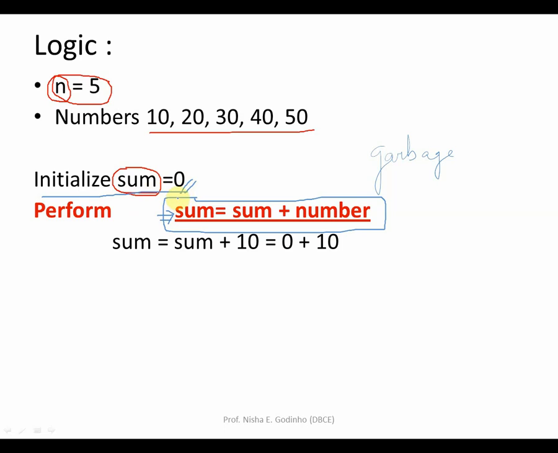We cannot put any other value, like we cannot put a 1, a 2 or a 3, because if we do that, since this sum variable is doing addition, you will get a wrong result or a wrong answer. If you initially put 1 over here, it will be 1 plus the actual value, so it will be wrong, one number extra.